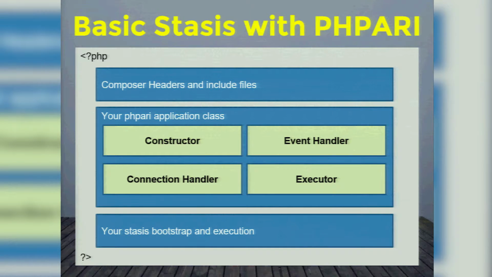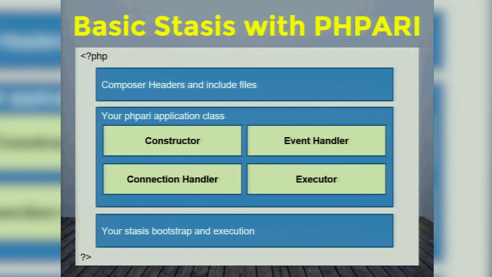So a basic, well, ARI works with something called Stasis. If you want to write an ARI-aware application and you want to use it to the fullest, not just to originate a call as an AMI replacement, you have to write something called a Stasis application. The Stasis application runs through a WebSocket. Now, this is not the traditional way of doing WebSockets. Normally, there will be a WebSocket server, and you will write a WebSocket client. Here, it's a little bit the other way around. What you write works very much like a WebSocket server, while Asterisk connects to it and initiates